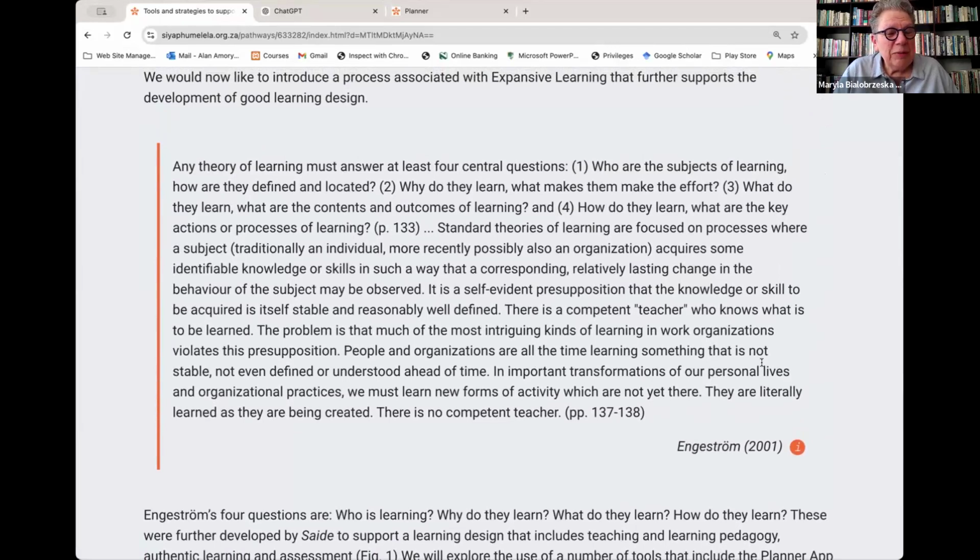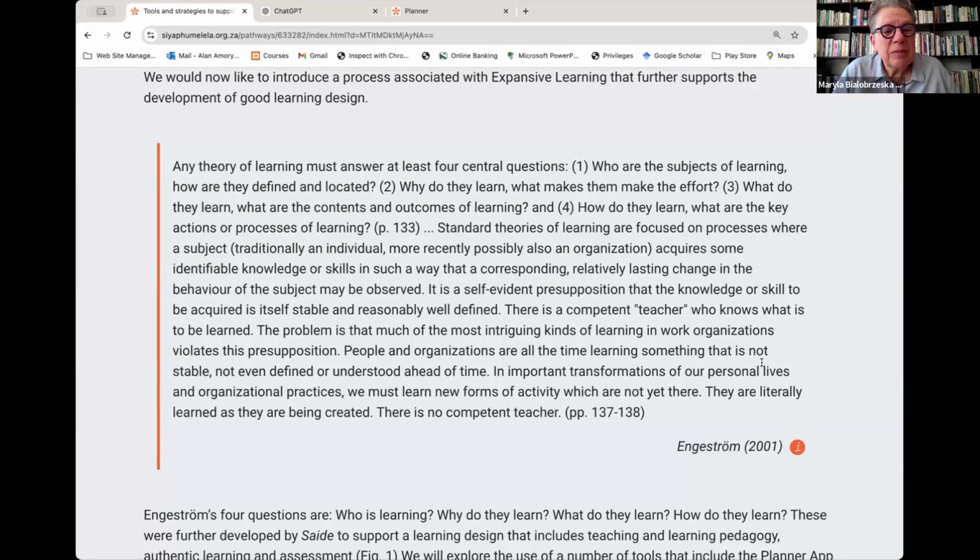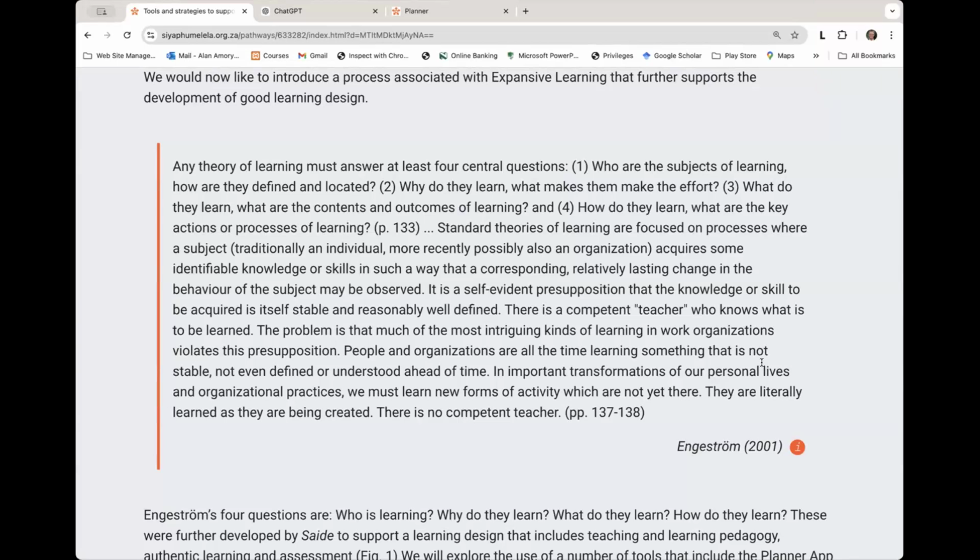Tony pointed out number 2. I thought Bala asked, why did they learn? Yeah, why? So it's there, but in Engstrom's context, he was always working with